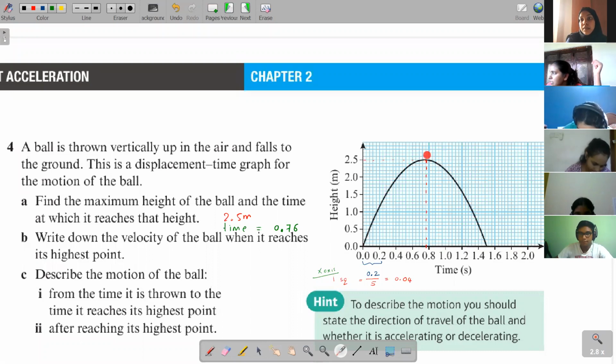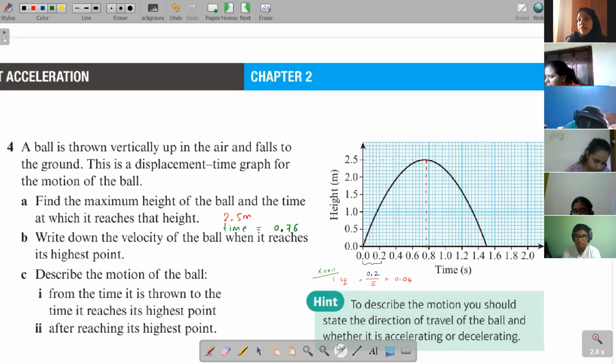What is your answer for the velocity at the highest point? What do you have to say? Now, we all know in a curve graph, how do we get the gradient? Gradient is we draw a tangent. Do you remember in O levels we also did? When you have a curve graph, point to point the gradient is changing. At each and every point, the gradient is changing. So if you want to find the gradient at a particular point, you draw a tangent at that particular point. And the tangent gives you the gradient.